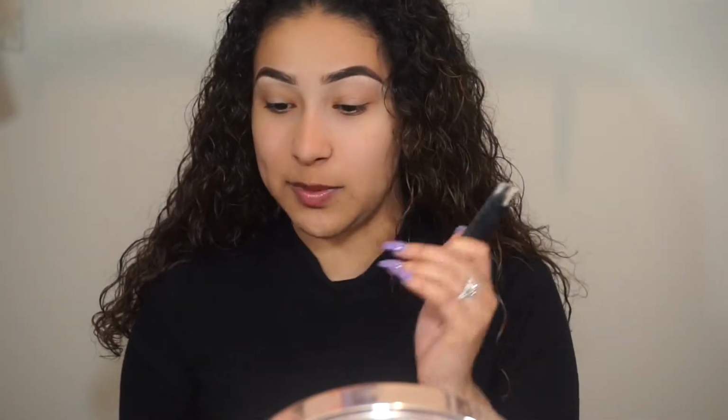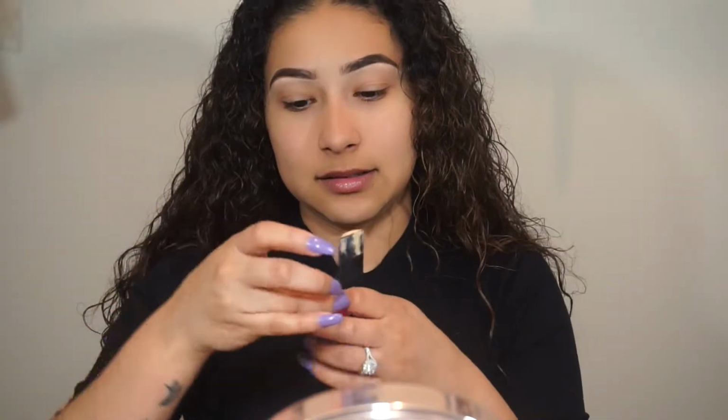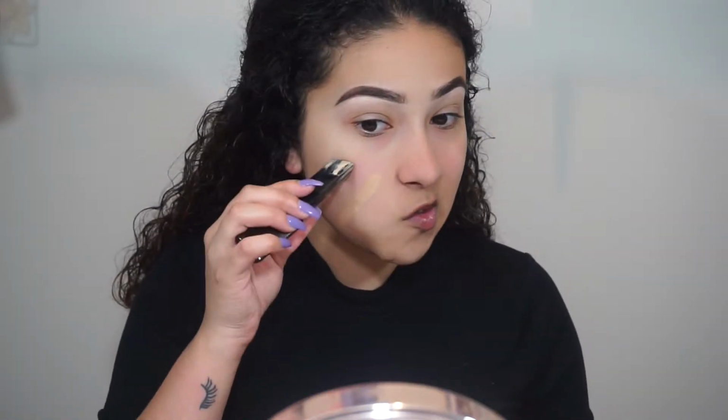And the only reason why I got this shade in the first place was because Daisy Marquez got this shade, and I was like, oh, that's my shade. Which I should have color matched better, I guess. So now I'm going to go ahead and take...